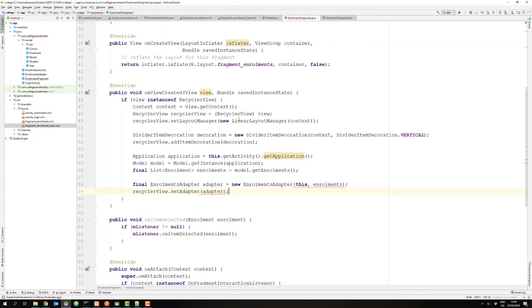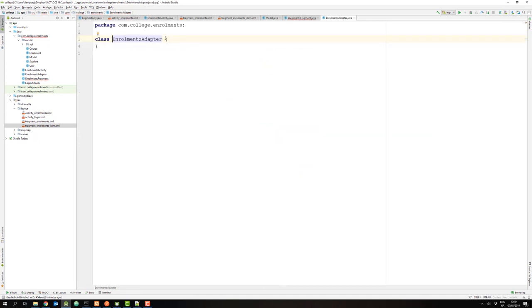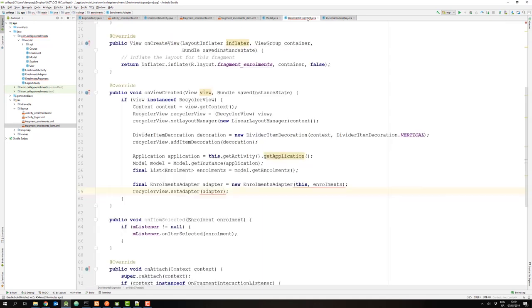So now what I need to do is configure my RecyclerView adapter, my enrollments adapter, to use that layout. So in the enrollments adapter, I've just got this blank class. Now this class needs to implement an interface. So if I go over here and I click on this, it'll say